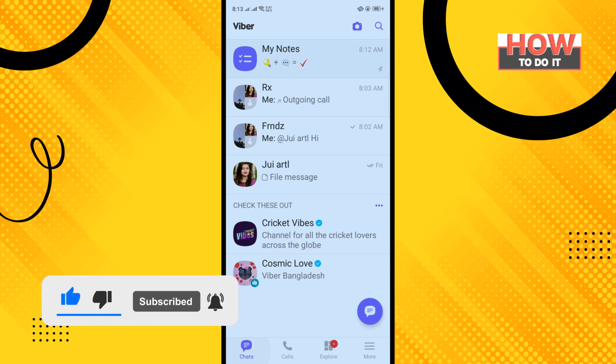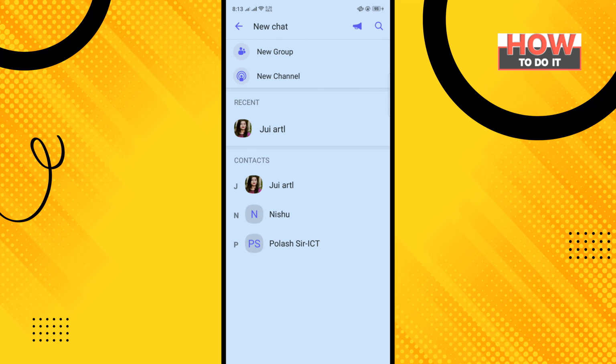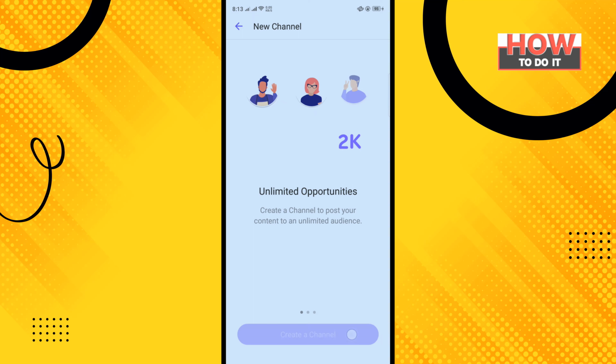How to do it: so open your Viber app and tap on this chat icon, and now tap on new channel, tap on create a channel,